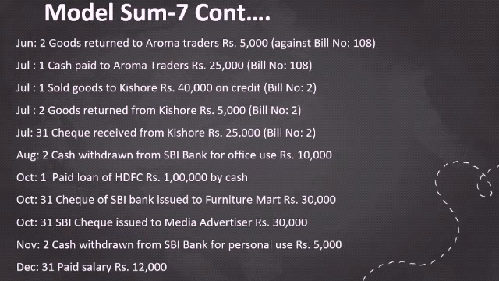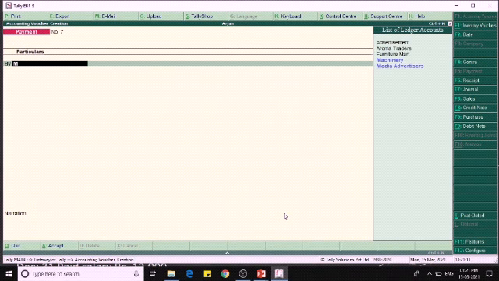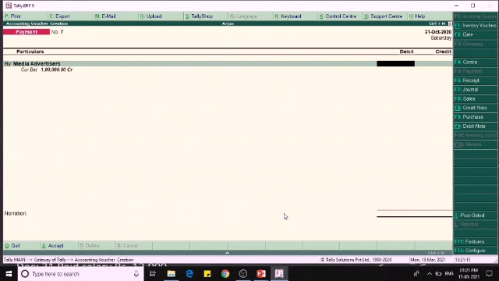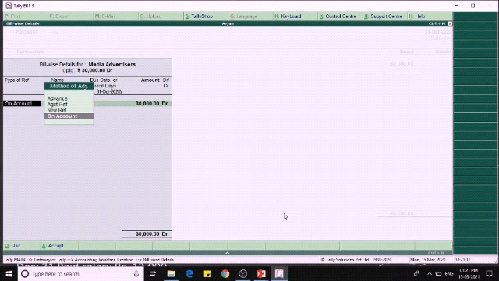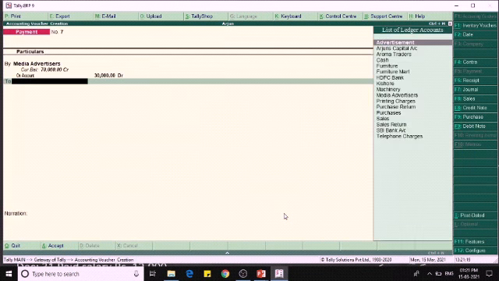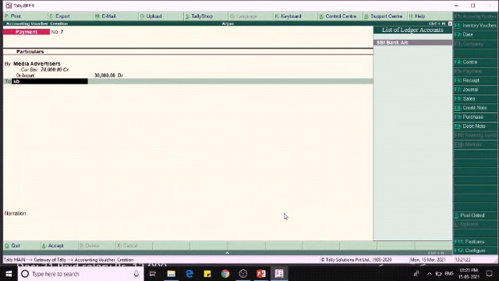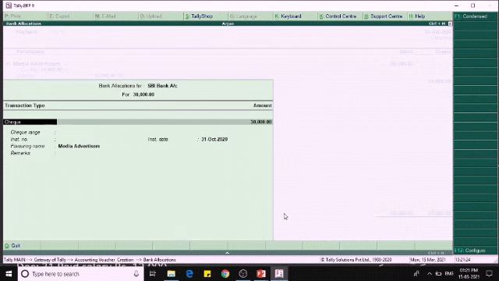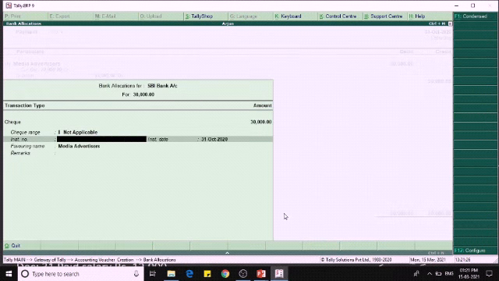And on the same date, we are issuing SBI check to media advertisers also for the value of 30,000. So on the same day we are issuing check to media advertisers for the value of 30,000 to SBI bank account on the instrument 1000113.